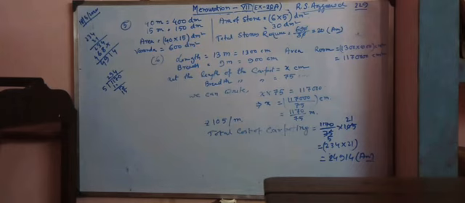Now there will be another question for in class, question 9. Find the length of the largest pole that can be placed in a hall 10 meter long, 10 meter wide and 5 meter high. The hint is given: the length of the diagonal of a room is the largest pole. So we have to find the square root of L square plus B square plus H square.